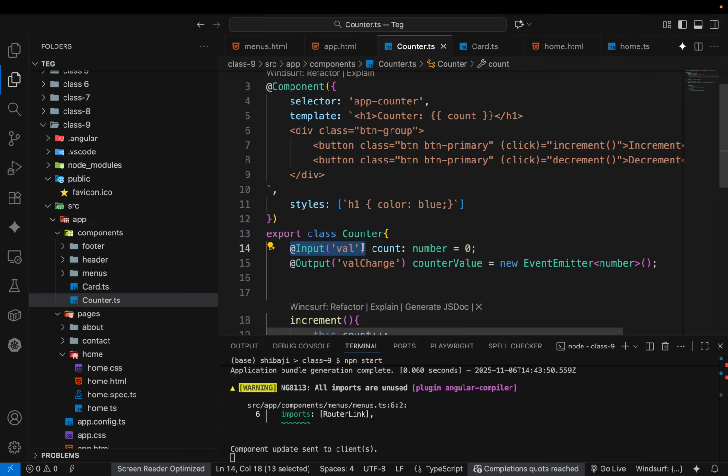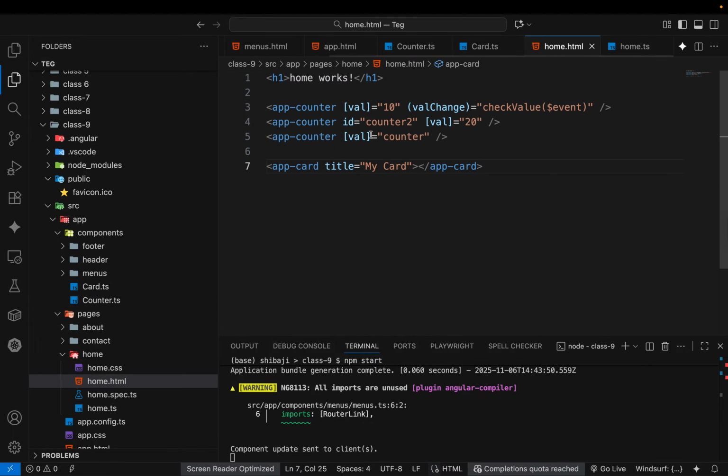Last time we used the input value with the input decorator. We used it before, right? Remember? Yes. So this particular value we actually used before,